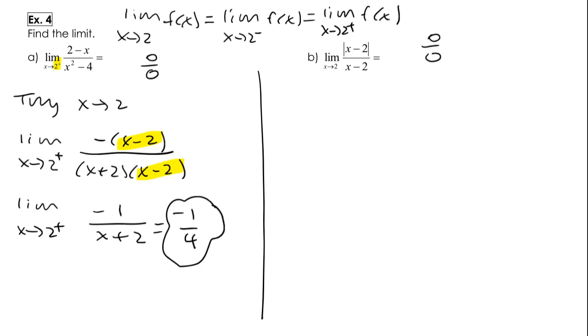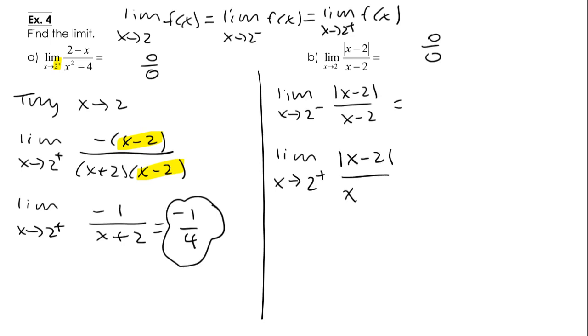So what we're going to have to do when you have a problem like this is test the limit from the left and the right. So let's test 2 from the left, and we're going to test 2 from the right. Remember, for the limit to exist overall, the left and right have to be the same. If we are looking at 2 from the left, think of a number line just to the left of 2. Aren't you at 1.99999? Right? So if you substitute any number less than 2 in,